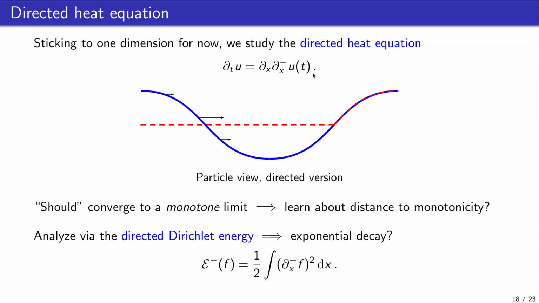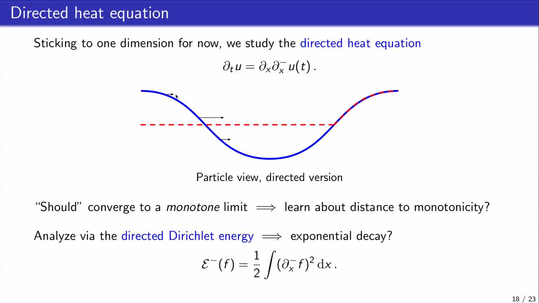It looks almost the same as the usual heat equation, the classical one, but this inner derivative here, I'm taking this minus, which means the negative component, minimum with 0. So the way to think about this is that when this inner derivative is negative, meaning that the function is decreasing at a point, this will behave exactly the same as the heat equation, and it will tend to make the decreasing region into a constant region. So that's good. It's fixing violations of monotonicity. On the other hand, when this inner derivative is positive, meaning the function is already monotone, then this will be zero. So the PDE is static there, it is not changing the function at all because there's nothing to fix. Okay? So this is a picture of like the particle view of the directed heat equation.